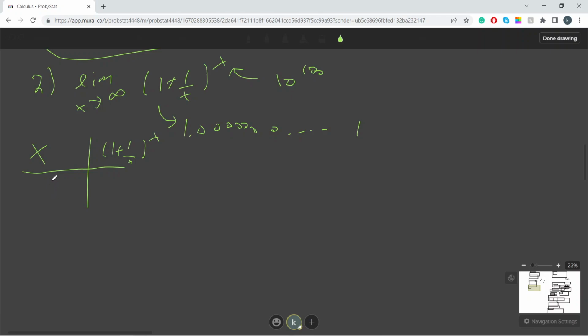Let's say we plug in x equals 10. We plug this into our calculator, and we will see that this is approximately 2.5937. So this is what x equals 10 evaluates to. Let's go a little bit bigger. Let's try 100. If we plug 100 into this function, 1 plus 1 over 100, quantity raised to 100, that's going to be